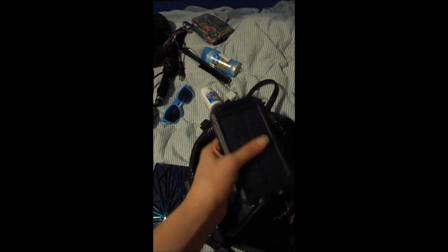My phone charger, my solar powered charger, which is amazing and you should own one if you don't. The charger for that, ibuprofen, deodorant, because can't be stinky in Texas, sunglasses, because it's sunny down there, my socks, my underwears, my hair straightener. Bet you didn't know I could fit a hair straightener in my purse, but I can. So, my hair straightener